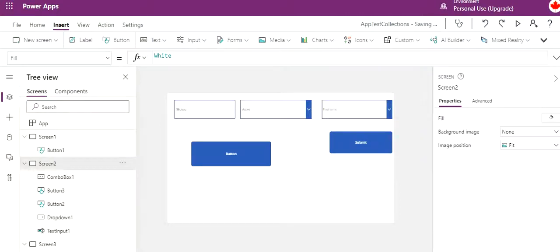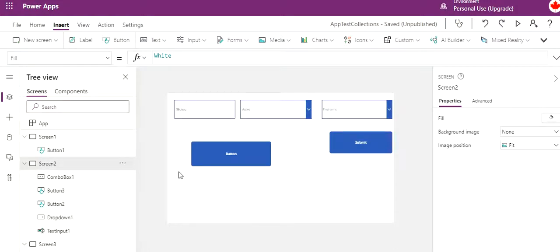So guys, today in this video I'm going to show you how to add a people picker in your Power Apps. When you create a form or display data, you directly link to a data source, and if that has a people picker, it directly appears on your app. But what if you want to create something from scratch, like a blank app? This is what I'm going to show you.